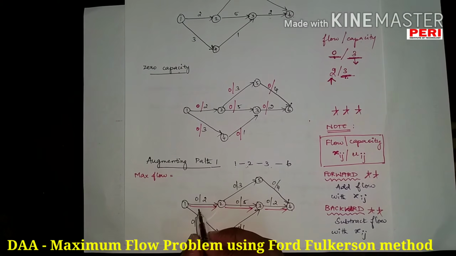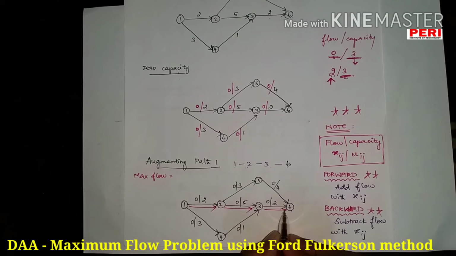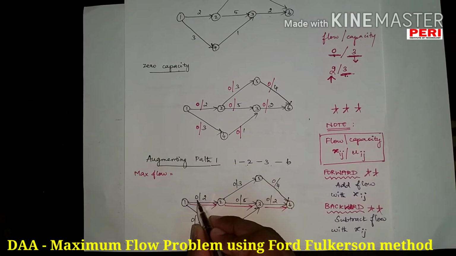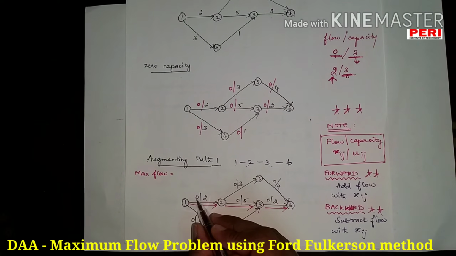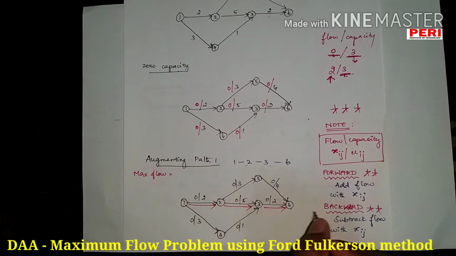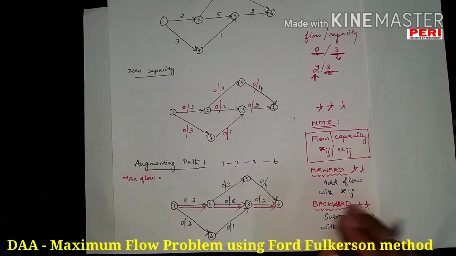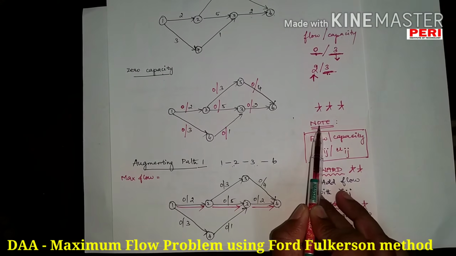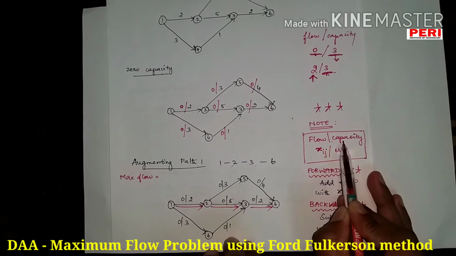Now as I told you in the previous video, when you pass something over the network, the flow varies. It differs from 0. We have passed something, right? So the flow now varies. We have to strike it out and write something, right? What will we write? This is the main part of the Ford-Fulkerson algorithm. Please make a note of it. Actually, we write it as flow divided by capacity, right?